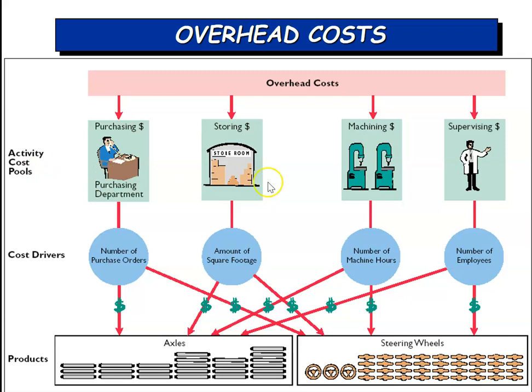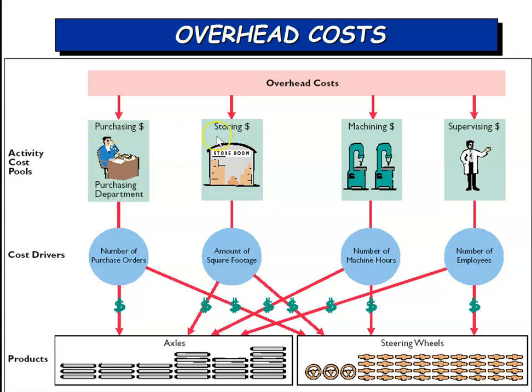Here we have a company that has identified, looks like 4 different activity cost pools. They only have 2 products, at least 2 products that we can see for sure. They have axles and they have steering wheels, but they've identified 4 major activity cost pools. That doesn't mean that these are the only 4 cost pools that they have, but these are the 4 significant cost pools they have. Okay, so